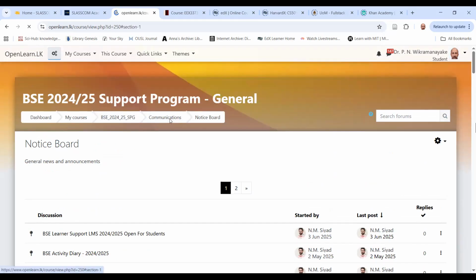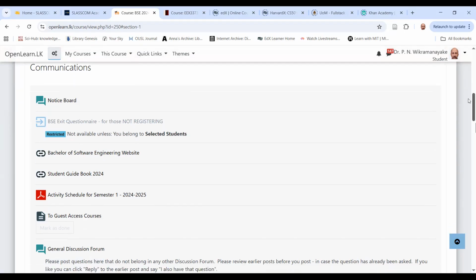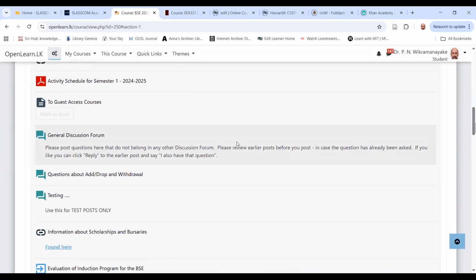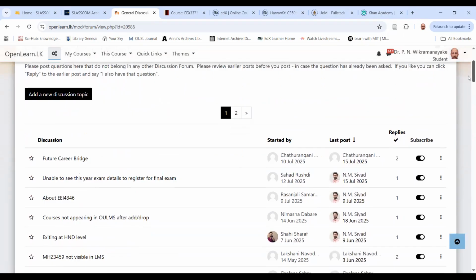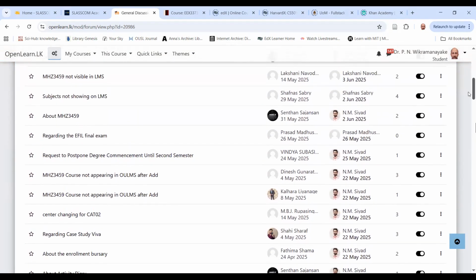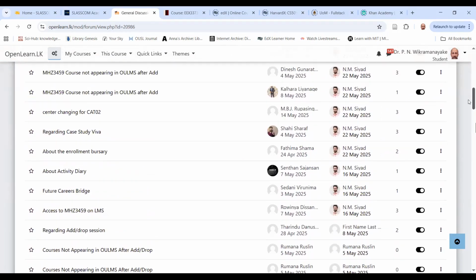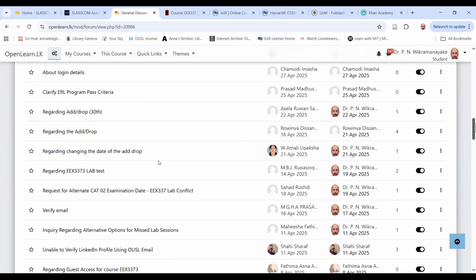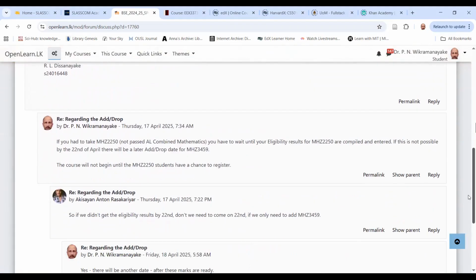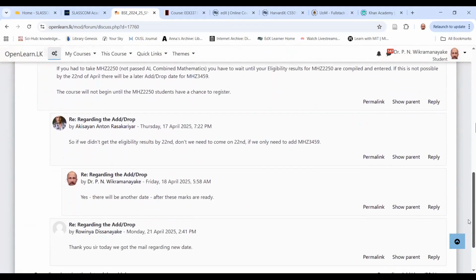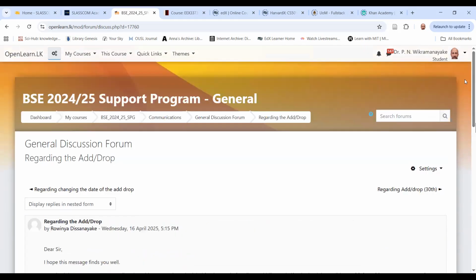And we also have, very importantly, discussion forums. That is the key part of the learning management system. This is where you can ask questions and you can also answer questions that have been put forward by other students. So here, if you look at these questions, you will see that many people have posted questions, and then, for example, this is a question I have answered, other students have discussed, and then we have closed the topic. So this is a very important part of a learning management system.